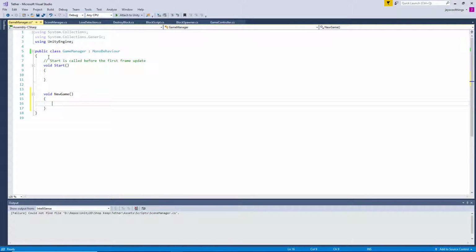What will that function do? Well, what we have to have it do is make the ball go to the top. It'll get rid of all the blocks. Yeah, that's what it'll do. Okay, so